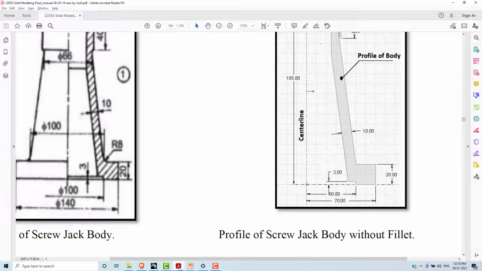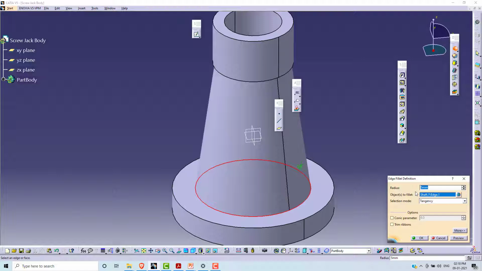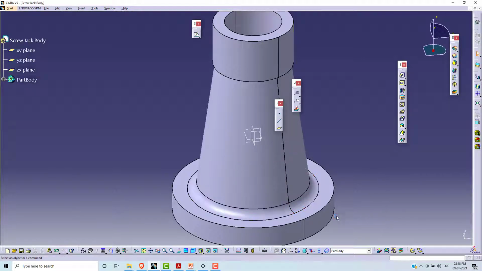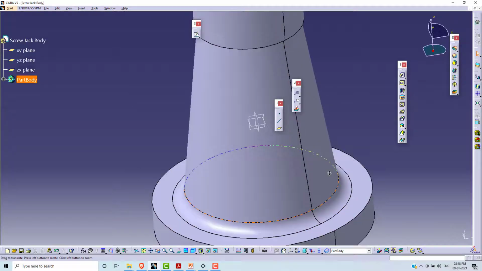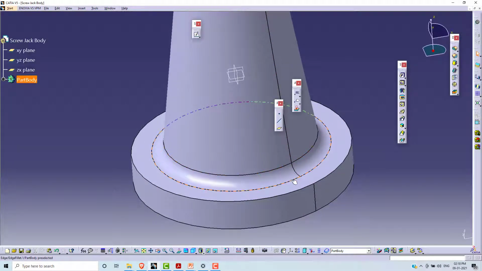Here it is given 8, radius of 8. Preview. Okay, we can see the edge fillet, or circular fillet, has appeared.